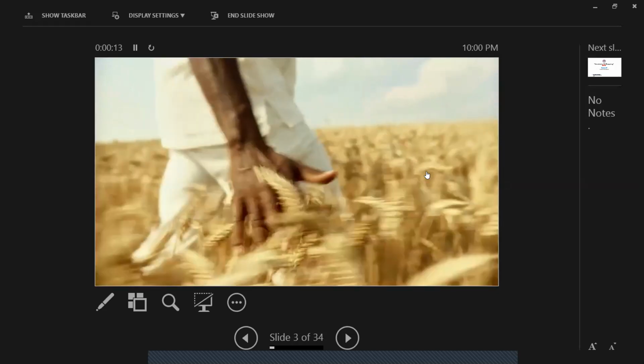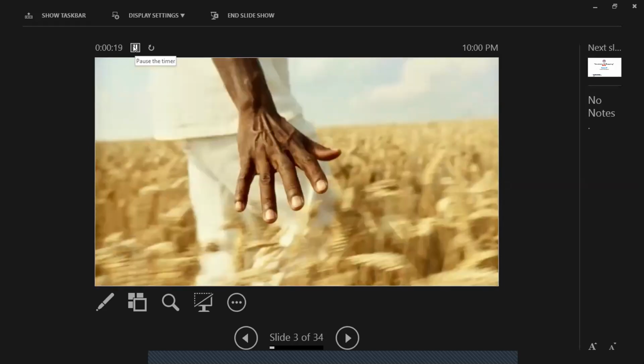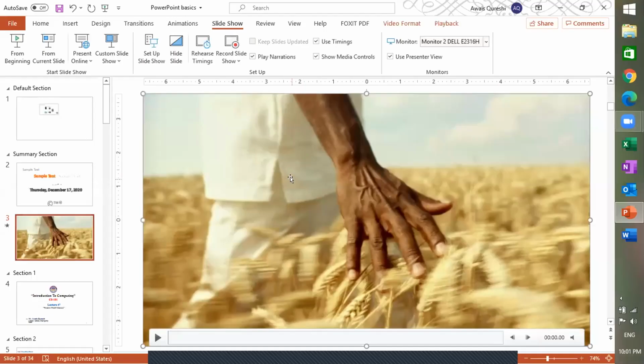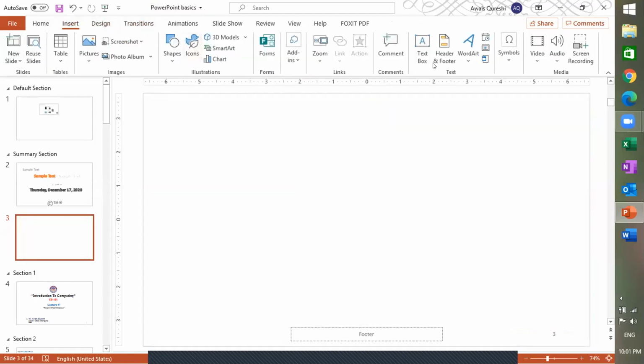You are seeing a video in your slide. So with the help of this, you can add videos in your slides. I'm going to delete this one and then go to the insert options. You can add audio from your PC and recorded audio, and you can also record the screen. So check this option. This is a very interesting option in PowerPoint, which is called screen recording. You can record your front screen and record something with your audio. So check this option by yourself.